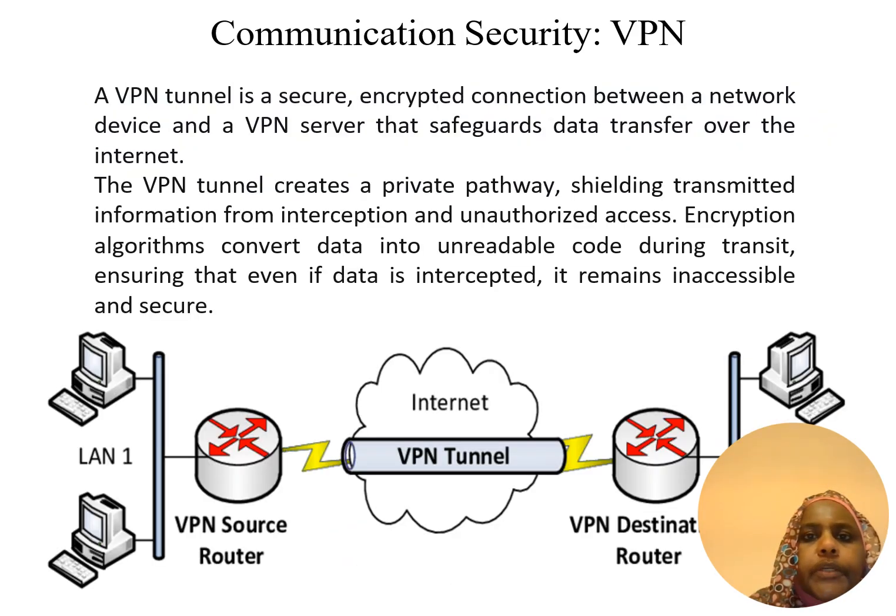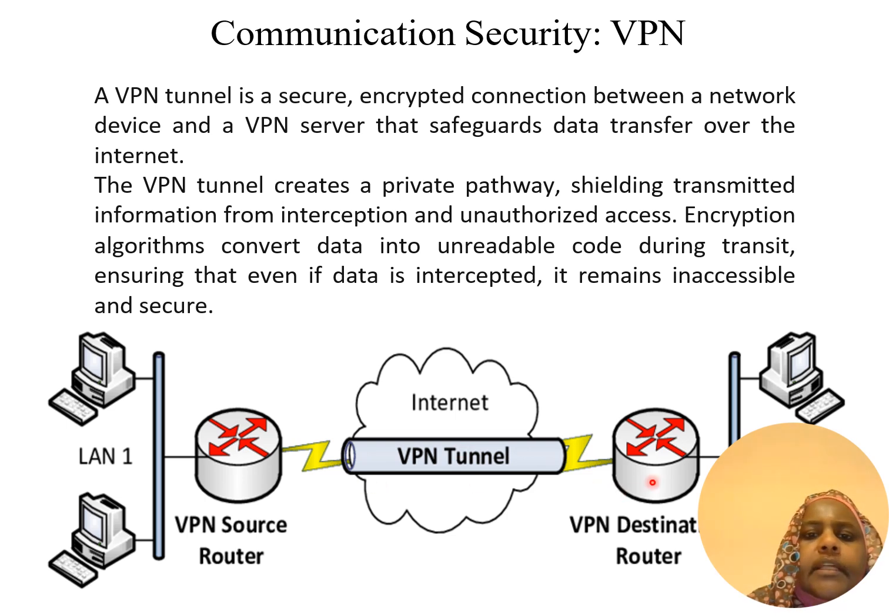VPNs use tunnels to secure data by encrypting the data that is being transferred through the tunnel and encapsulating it. The tunnels create a private pathway, shielding transmitted information from inspection, interception and unauthorized access. Encryption algorithms convert data into unreadable code during transit, ensuring that even if the data is intercepted, it remains inaccessible and secure. As you can see here, the tunnel is a virtual connection across the internet